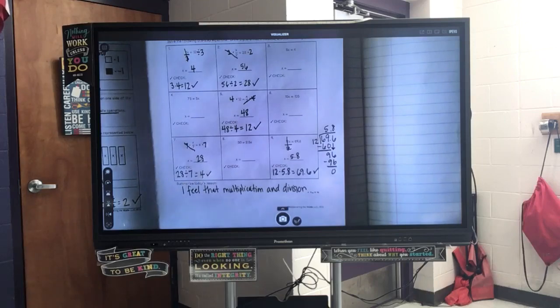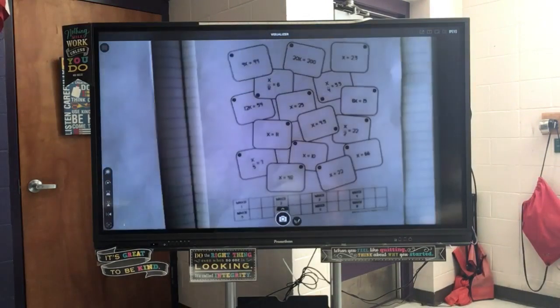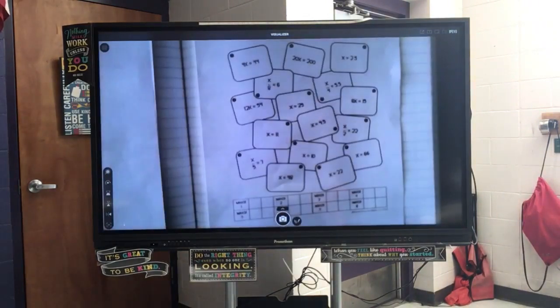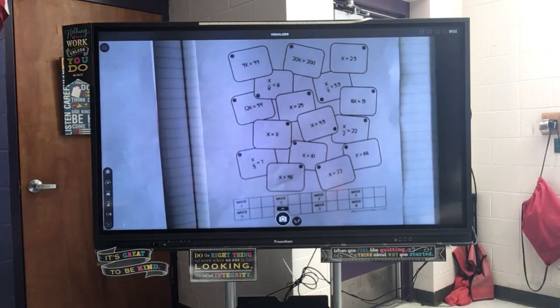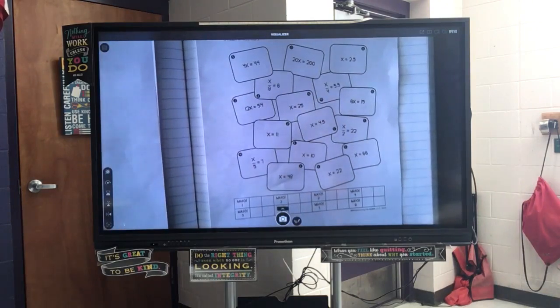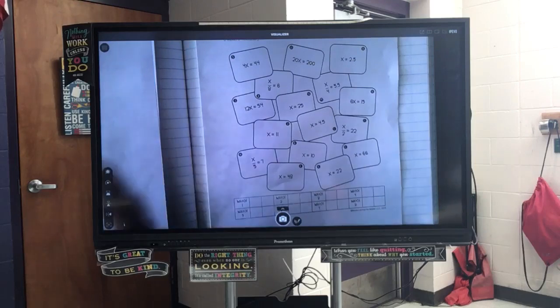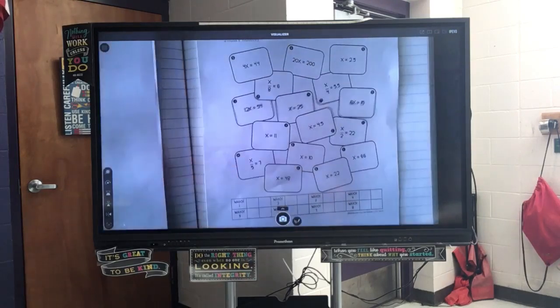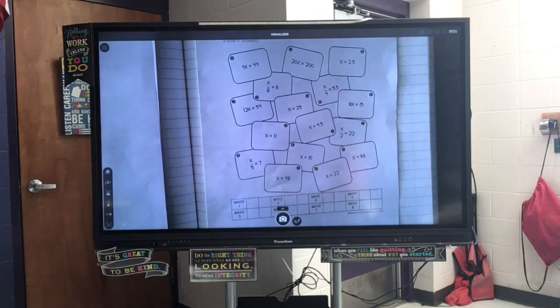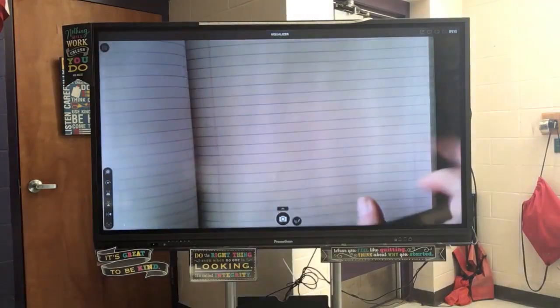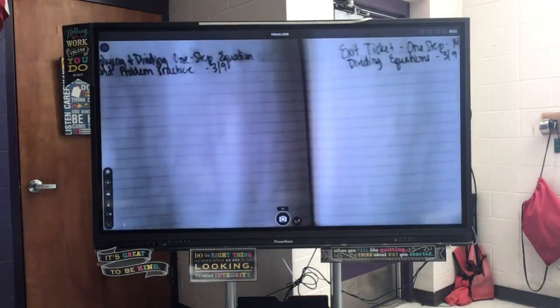All right. Any questions from your homework that you want to go over from last night? I felt like these were fairly easy questions. Most of the problems we probably could have done in our head. That's how easy they were. So there are no questions, and you don't have this glued into your notebook, go ahead, turn it into the first period bin. If you have it glued into your notebook, I'm just going to have you come show me at a later time during today. Okay? All right, go ahead and turn the page then in your notebook and copy down